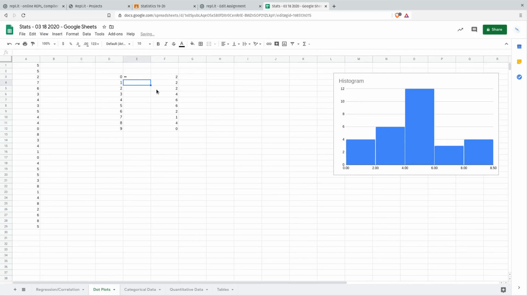So if you do that, REPT, put any symbol you want in quotes, and then select the count of zeros. I get a little visualization of 2 zeros. I have 2 of them. If I fill that down, you get a dot plot. How many zeros do you have? 2. How many 1s do you have? 2. How many 3s do you have? Looks like 4. How many 9s? None. So that's how you can make a dot plot